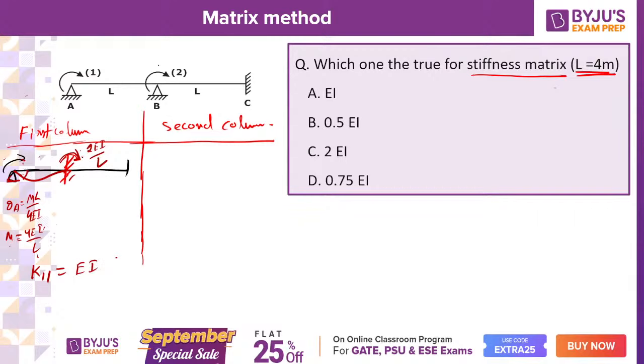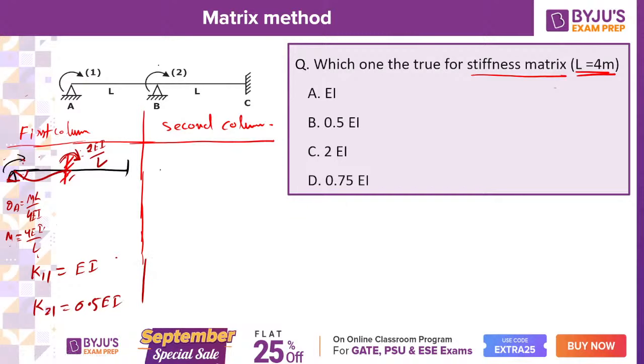And K21, in coordinate direction 2, the moment generated due to the unit rotation provided in coordinate direction 1, is nothing but 2EI by L. Or I can say that it is nothing but 0.5EI, because L is 4 only. Right? Now, if you generate the second column of the matrix,